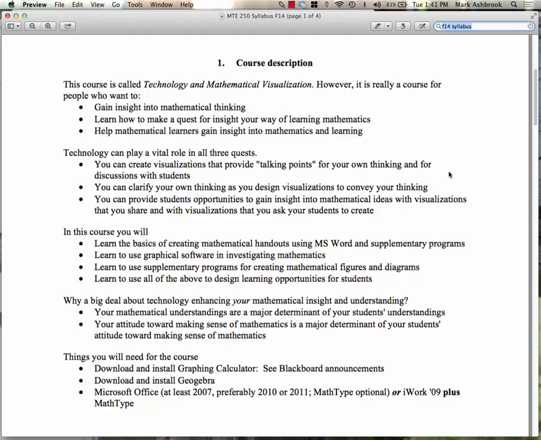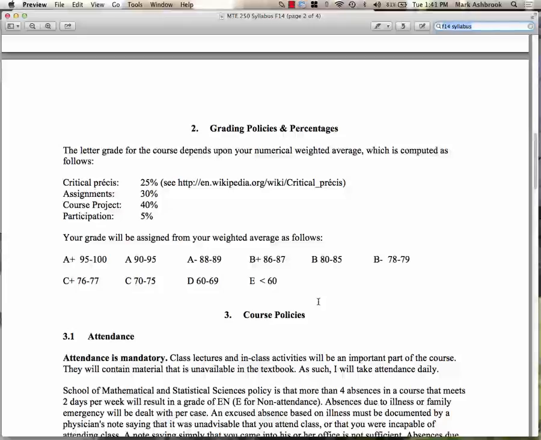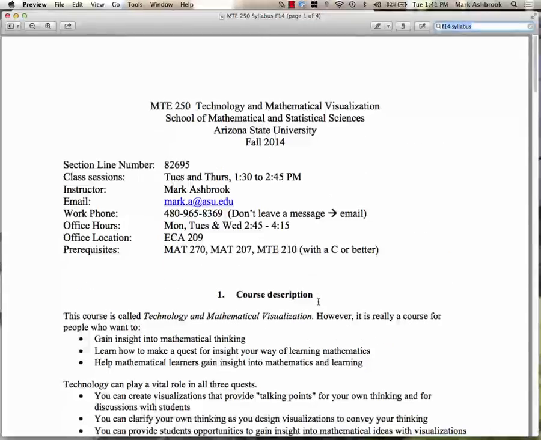So how are we doing? I didn't get any emails about difficulty downloading the software. Is everyone able to do it? Hopefully. I meant to remind you to bring your laptop today. Hopefully lots of you brought a laptop with it on there, enough to share at least. Questions about the course in general? Any questions about the syllabus?